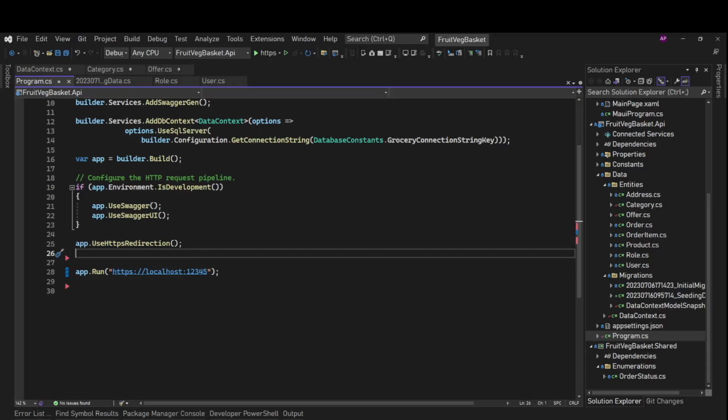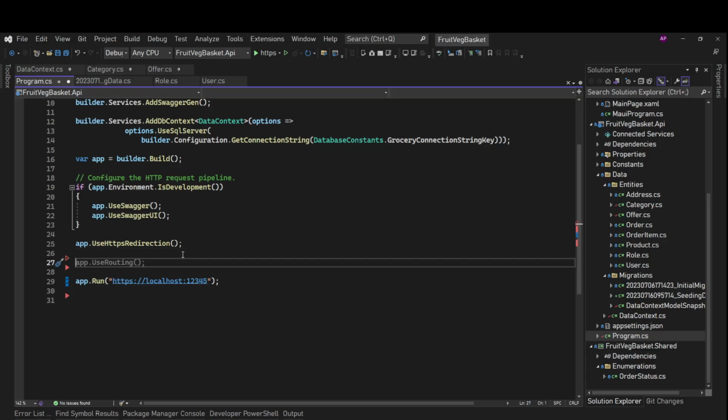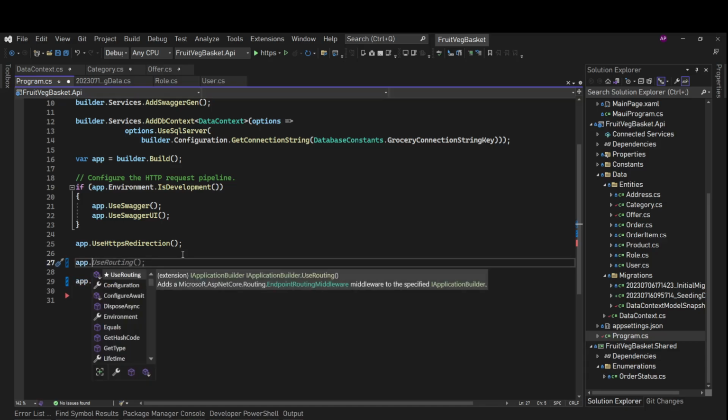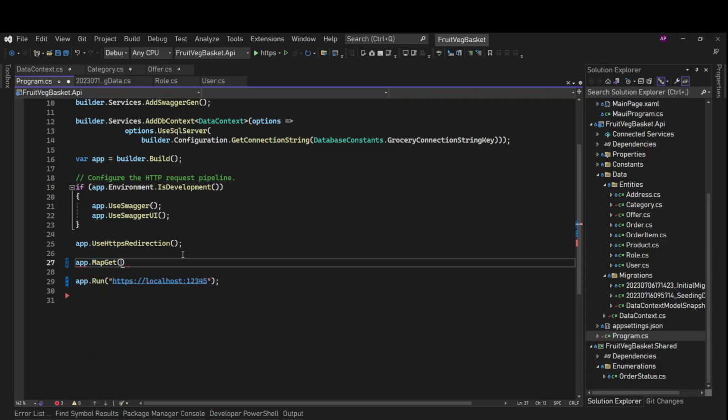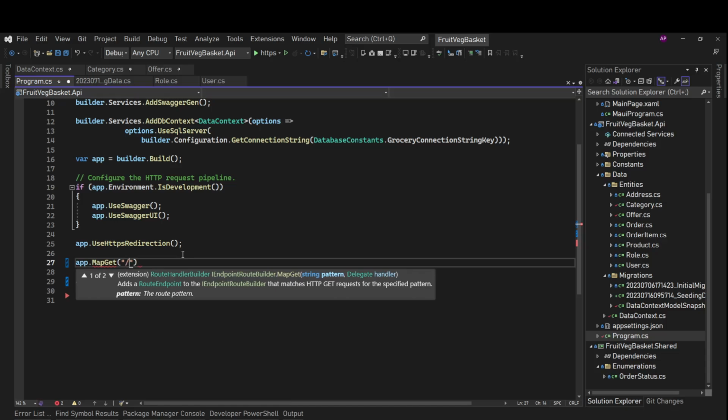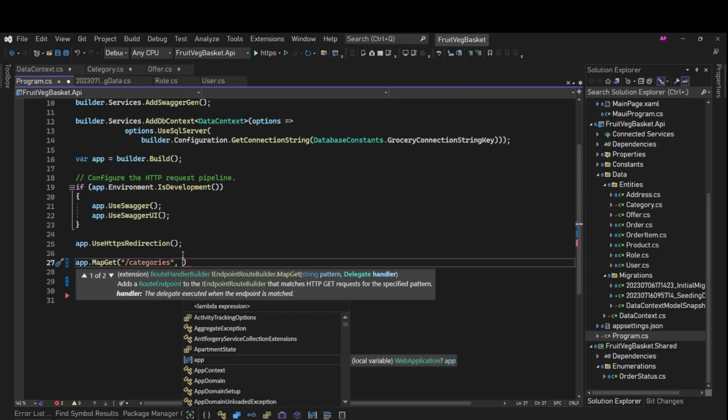Okay, save. And after this let's try a minimal API for this. We'll see. For that we will first have endpoints to get the categories and our offers, because those two things we are displaying on the UI for now.